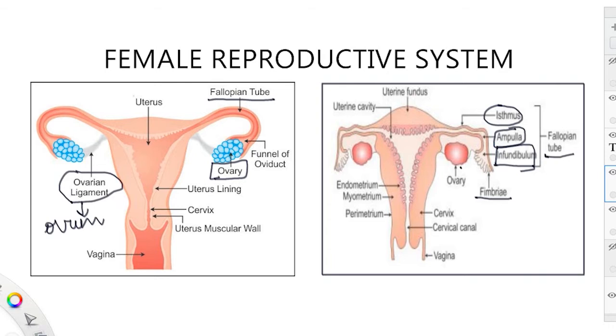After the fallopian tube, what comes into the picture is this uterus. This uterus is a muscular organ and it is also known as womb, W-O-M-B. Okay, I should write here itself. It is also known as the womb, this uterus only. This is the muscular part, and the detailing obviously we will discuss later. This is the uterus lining, that also we will discuss. Next, it leads to the cervix, and finally it leads to the vagina. So these are some of the main reproductive organs within the female.